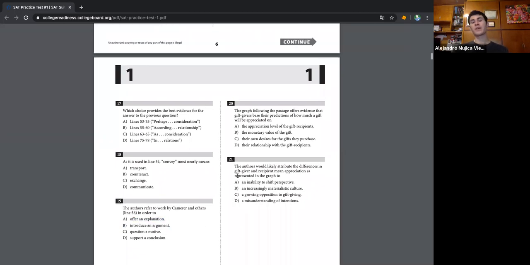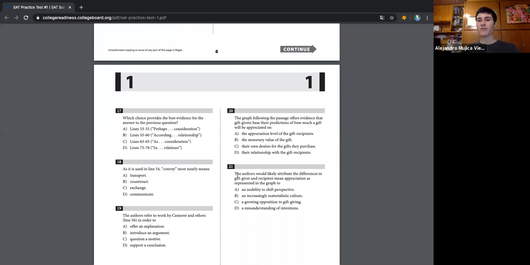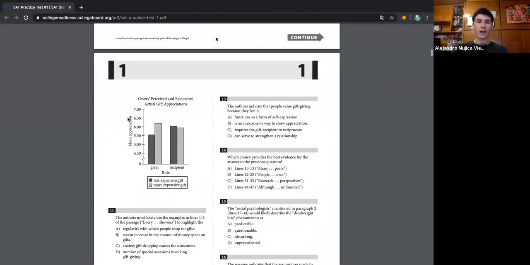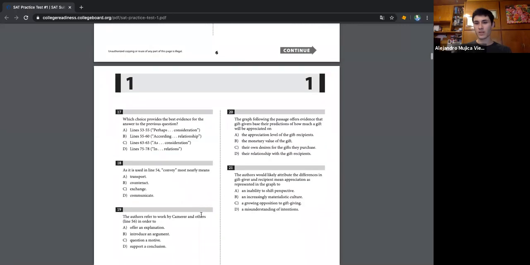Yeah? Okay. The graph following the passage offers evidence that gift givers base their predictions of how much a gift will be appreciated on, and really we could already answer this without the graph, but let's just look at it. Our graph, our axes are role and mean appreciation. So we're saying measuring appreciation based on more expensive and less expensive by gift givers and recipients, okay? So the appreciation level of gift recipients,